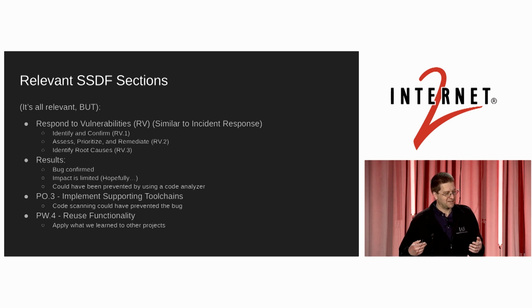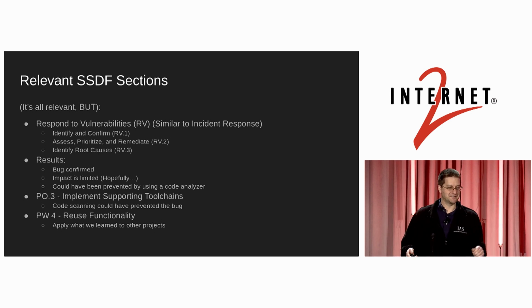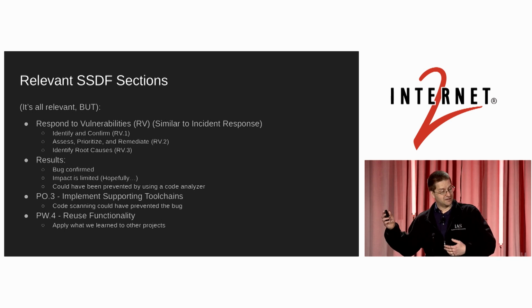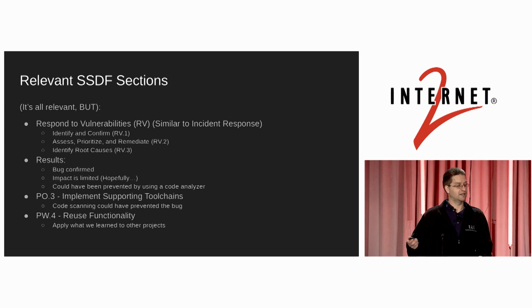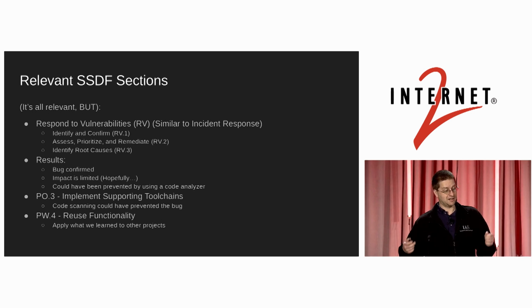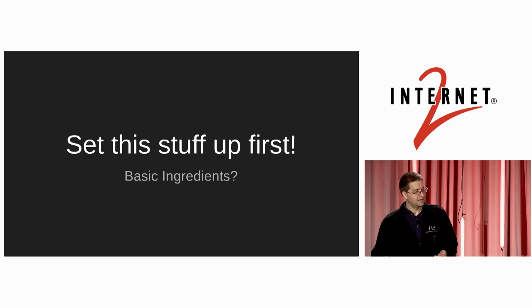And then in this hypothetical thing, let's just say you confirm that the bug exists and the impact is hopefully limited, but you could have prevented this using some sort of static code analyzer. Let's just say that you had an unquoted string in a bash script that used data from the data set in an unsafe way. So you would then apply, say, a static code analyzer, or at least a linter or something, in order to review your code. And then there's a part where you would then apply that knowledge to other stuff. It's all there.